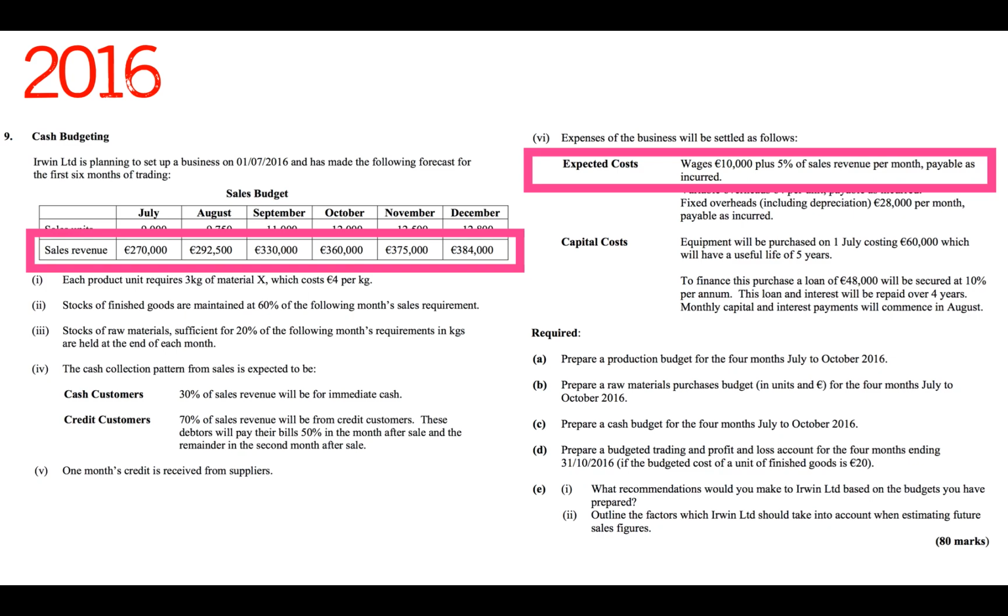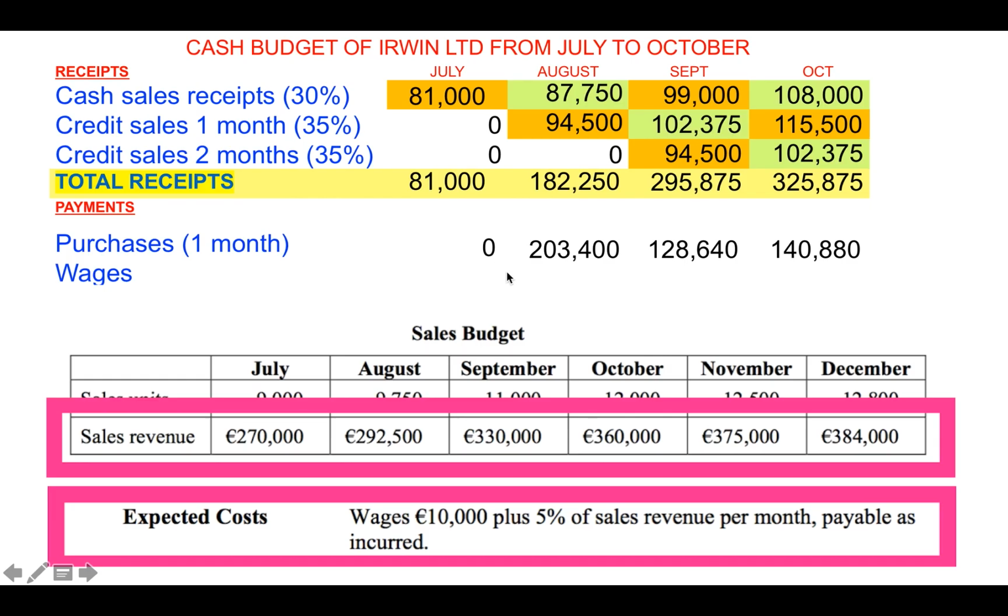Now, moving on then to note 6, it says expected costs. Wages, 10,000 euro plus 5% of sales revenue per month payable as incurred. Okay, so we have to look at the sales revenue in order to get our answers here. So for July, if you put into your calculator 270,000 euro multiplied by 5% plus 10,000 euro, that is equal to 23,500. August, you put 292,500 multiplied by 5% into your calculator and then add 10,000 euro, you're going to get